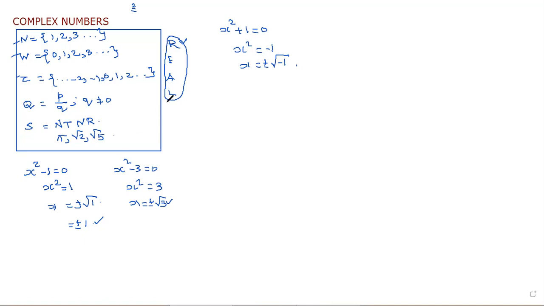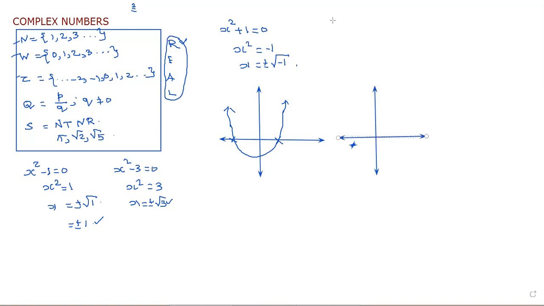So please understand, I'm drawing a graph. Here the x-axis and y-axis are real numbers. You get a parabola like this. When the curve cuts at 2 points on the x-axis, it has two solutions, plus 1 and minus 1. The same curve touches at only 1 point. Now it has only one solution, y is equal to x square equal to 0. But these all are real types.